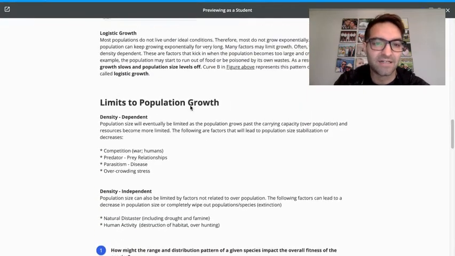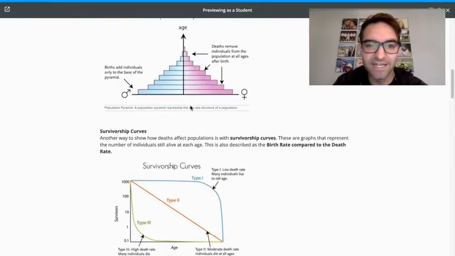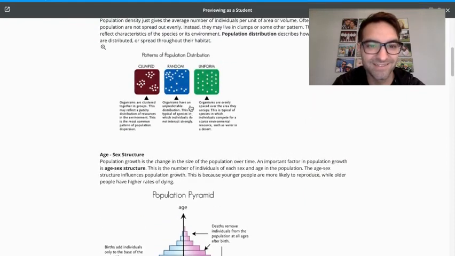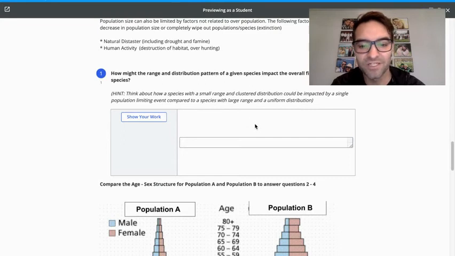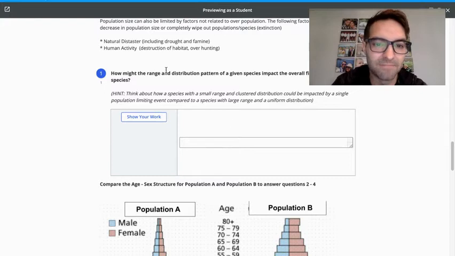So that is really the notes for today, and I've talked through it as much as I could to help you have an understanding of it. And that leads to a couple questions. These are checking for understanding, and I want to highlight them so you have an understanding of what I'm asking for. But first, how might the range and distribution pattern of a given species impact the